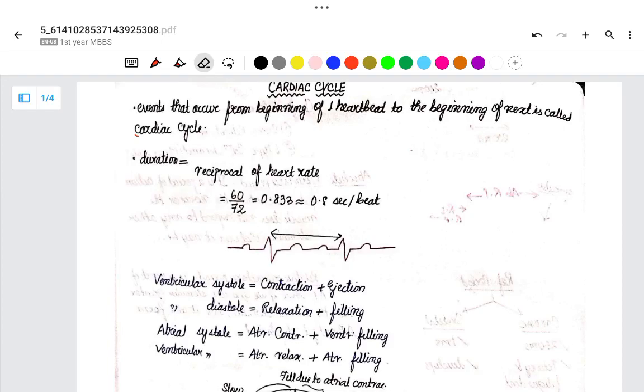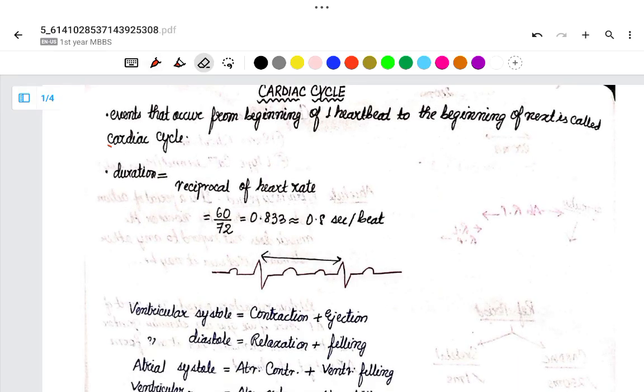Today we are going to study the cardiac cycle. This cardiac cycle is very important since it is asked. There are many questions asked from the cardiac cycle in NEET, and even in class 11th and in many Olympiads and everything. So today I'm going to teach the cardiac cycle from my own notes that I made